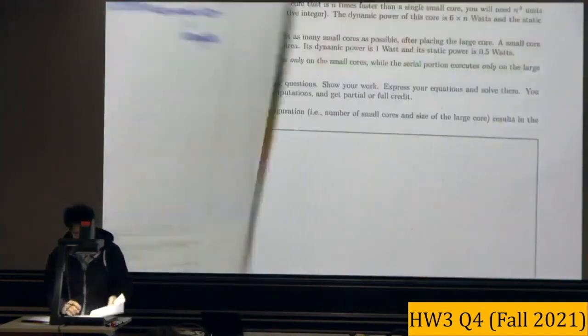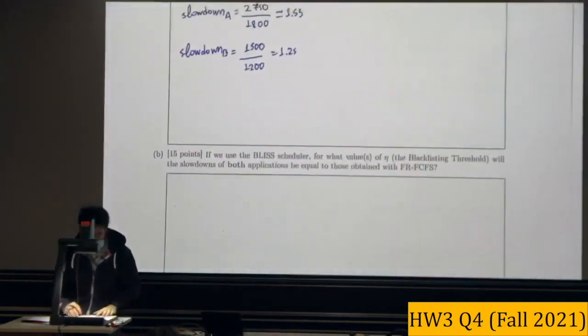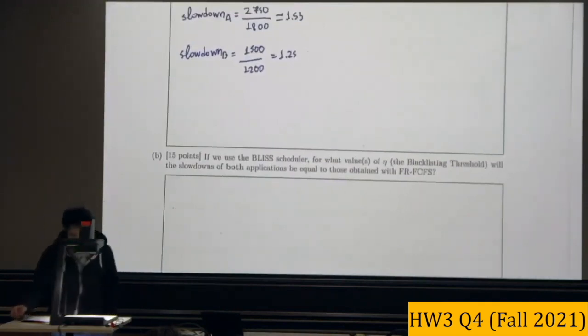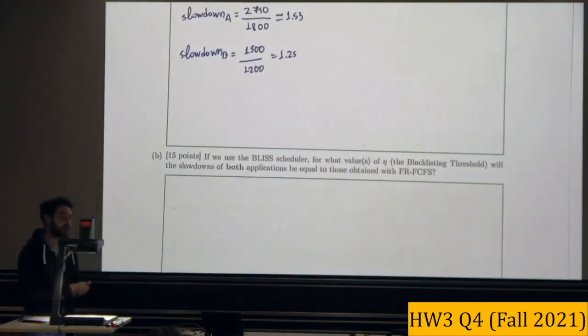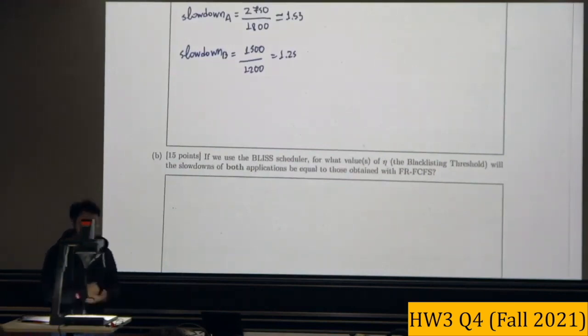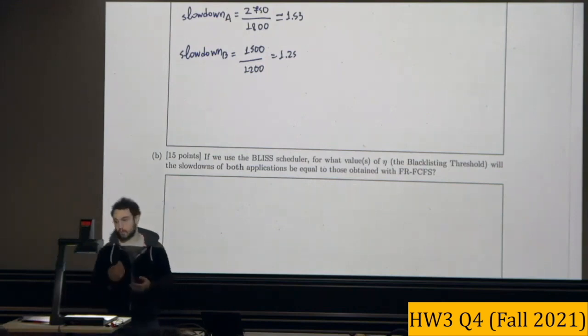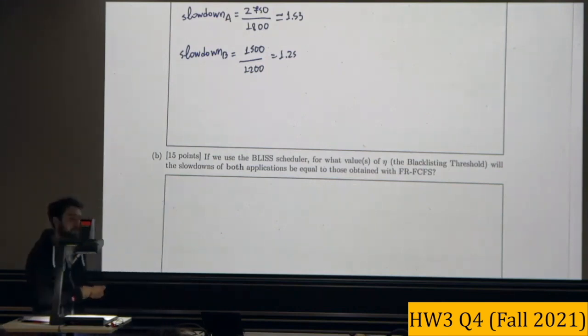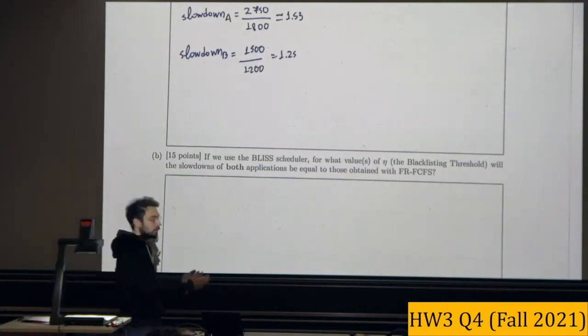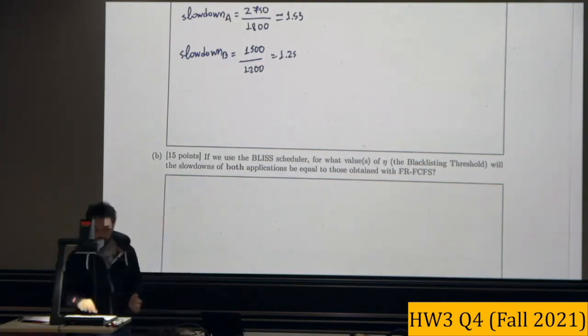Okay, that's it, the second question. If we use the Bliss scheduler, which blacklists, for what values of n will the slowdowns of both applications be equal to those obtained without FRFCFS? What we want here is the exact same slowdown, so we need to have the same order of servicing the requests. So the way this can happen